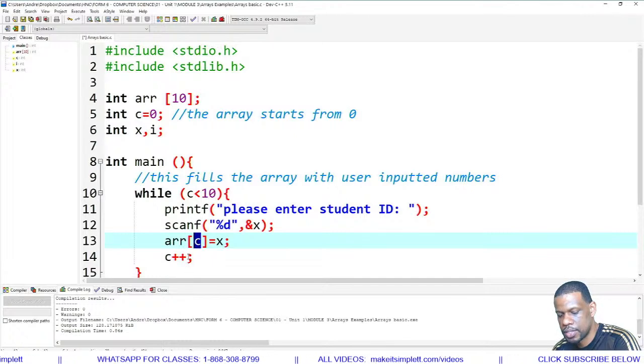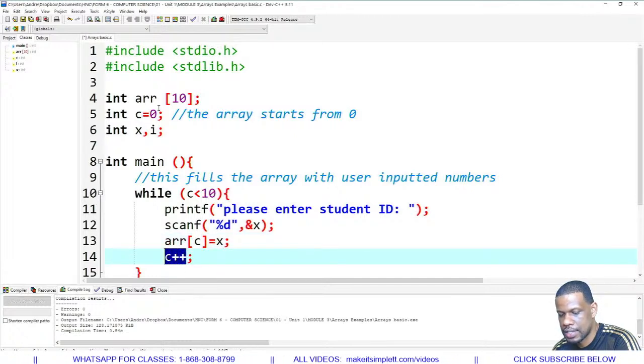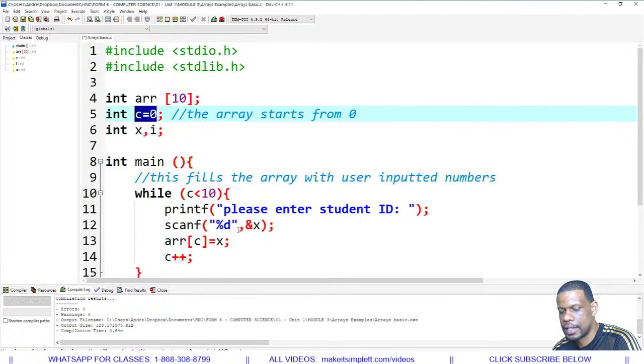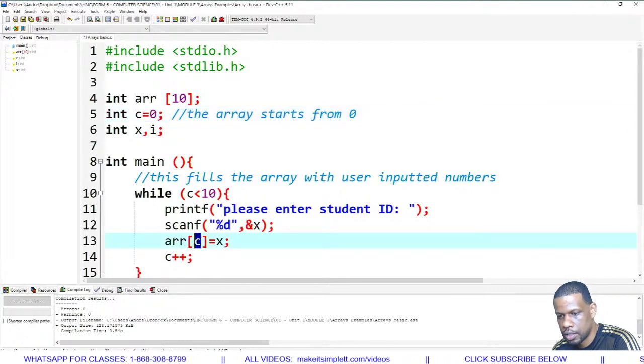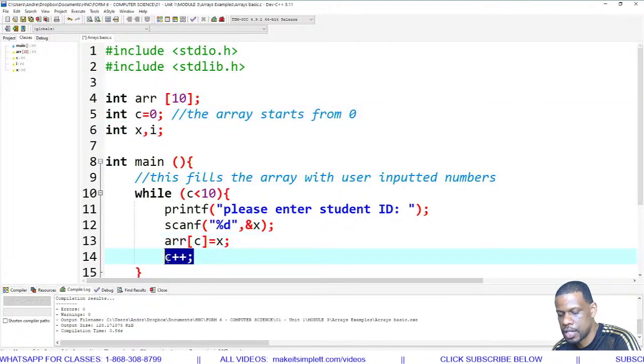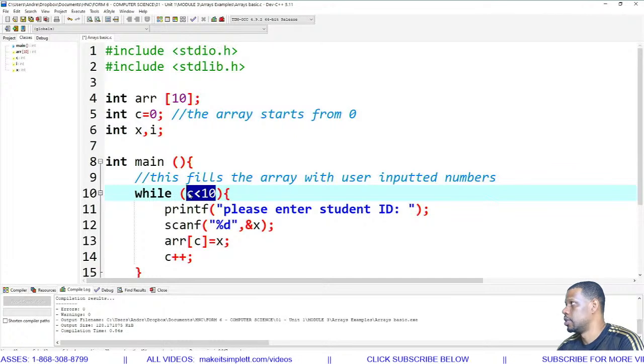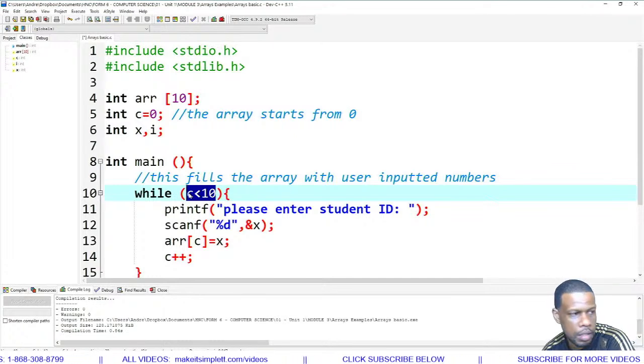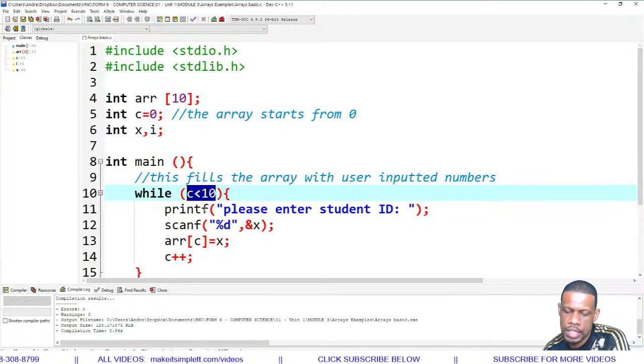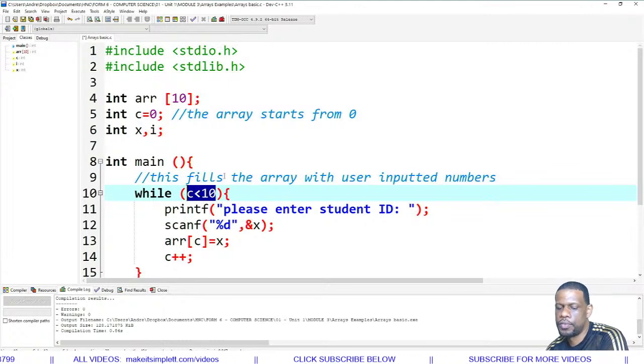What is making it go up? The C++ will make it go up. So it's going to start at 0 up here, and then it's going to put the 0 here, and then it's going to count up each time. So it'll go from 0 to 9 because I set the condition for C to be C less than 10. So it'll be C equals 0, C equals 1, C equals 2, C equals 3, 4, 5, 6, 7, 8,